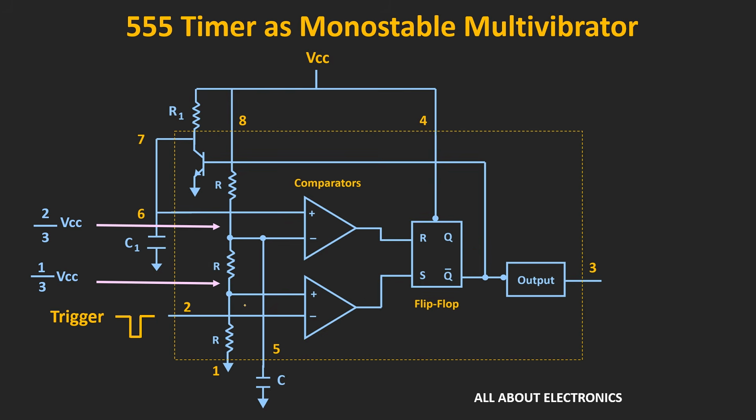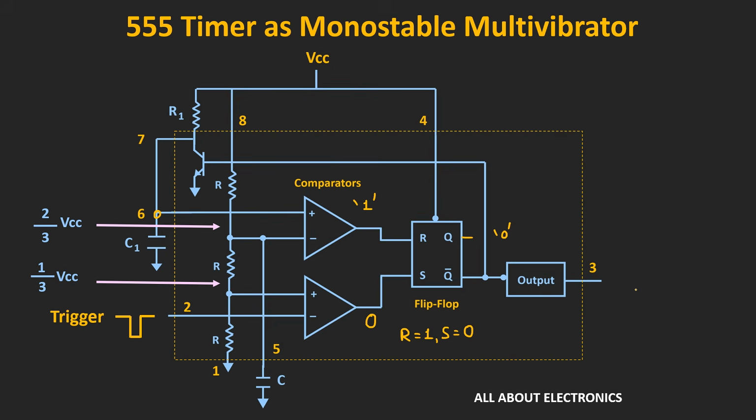So once again, the output of the second comparator will become logic 0. Now during the charging process of this capacitor, whenever the voltage at this pin number 6 just crosses this 2/3 VCC voltage, then the output of the first comparator will become logic 1, because at that time the voltage at this pin number 6 is more than the reference voltage. So in that condition, now if you see here, R is equal to 1 and S is equal to 0. So at that time the output of this flip-flop will become logic 0, and in a way we can say that at that time the output of the 555 timer will become logic 0.